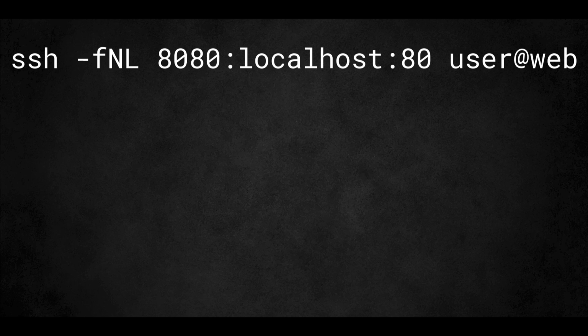And you can see that we can use SSH -f lowercase to specify the SSH command runs in the background, the uppercase N specifying not to run any SSH commands once connected, and the L for listening. We're listening on port 8080 on the local host and redirecting to port 80 on the remote host. We're connecting as the user account user to the server that we've called, in this instance, web.